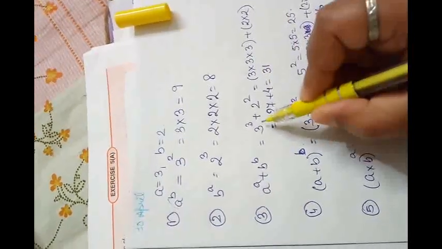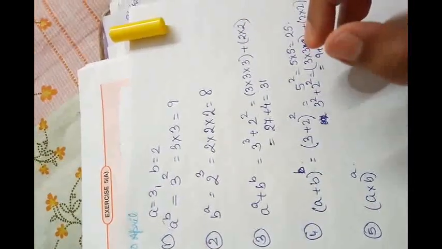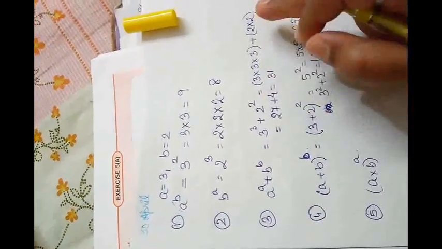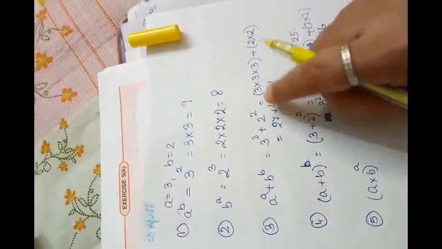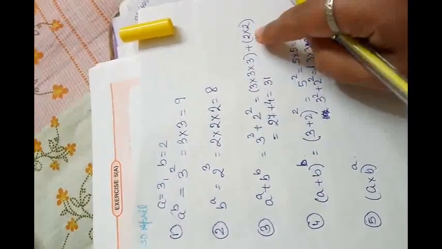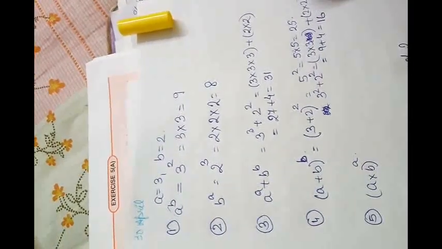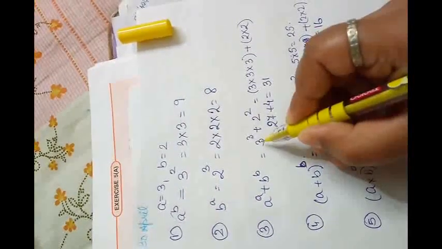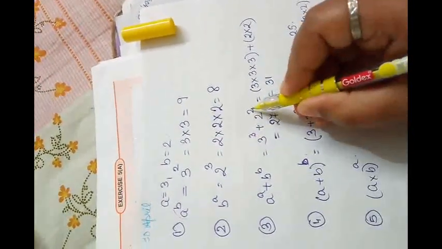Now, since we know that we have to first multiply, students, I would prefer you to use appropriate brackets as it will be helpful, because if by mistake you miss the brackets, then there may be some calculation mistakes. So we know that 3 into 3 into 3 will be one calculation and 2 into 2 is another calculation.